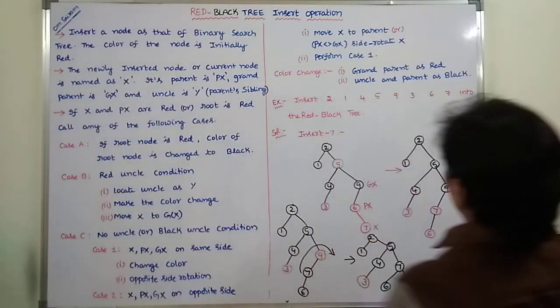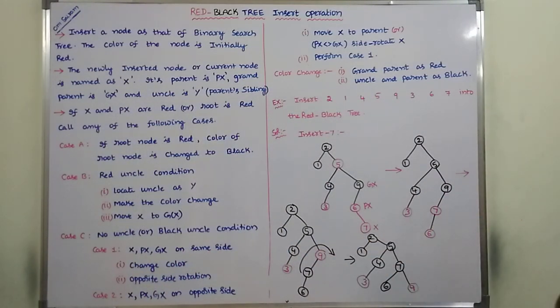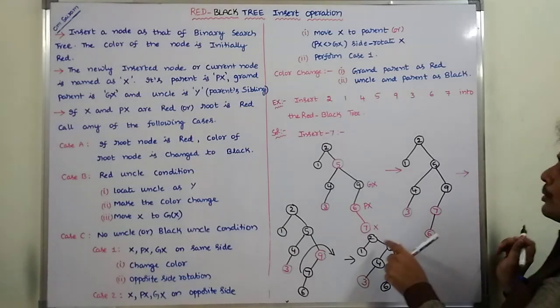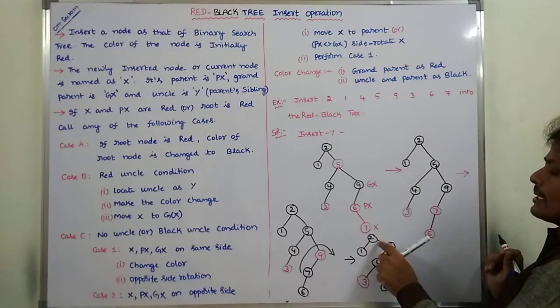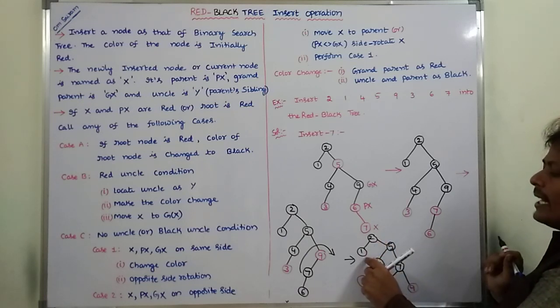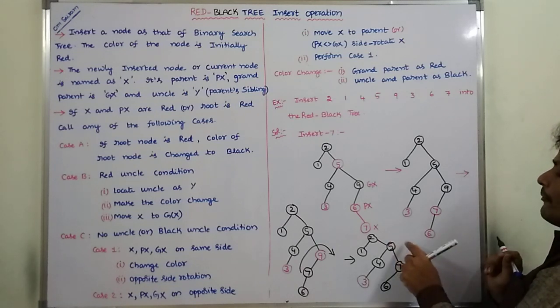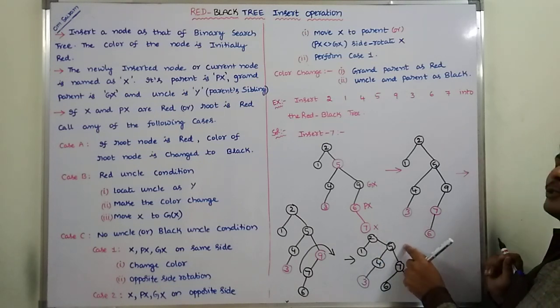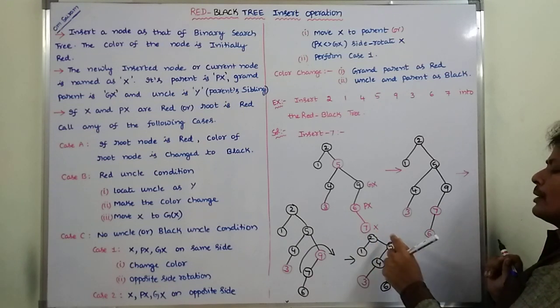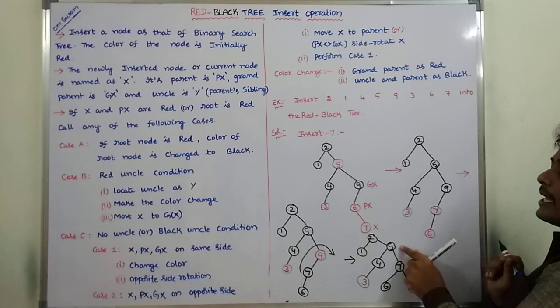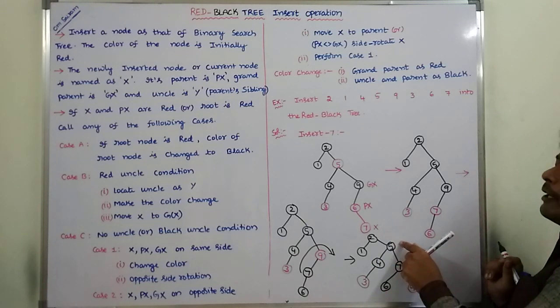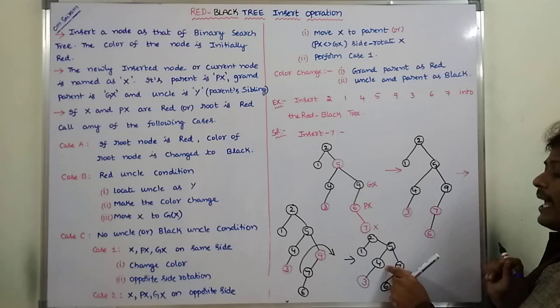Okay, so now we have to check whether it satisfies the binary search tree property or not. So 2 is the root node, 1 is less than 2. Go to the left hand side, it is empty so that it is inserted. Next 5. 5 is greater than 2. Go to the right hand side. And 4. 4 is compared to 2. 4 is greater than 2. Go to the right hand side. Here 5 is there. 4 is compared with 5. 4 is less than 5. Go to the left hand side.